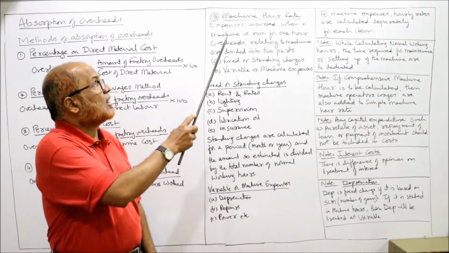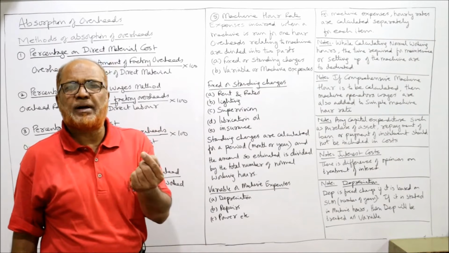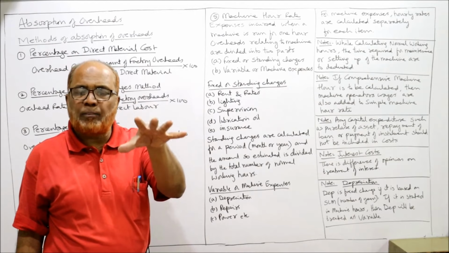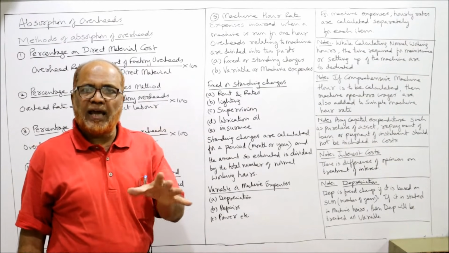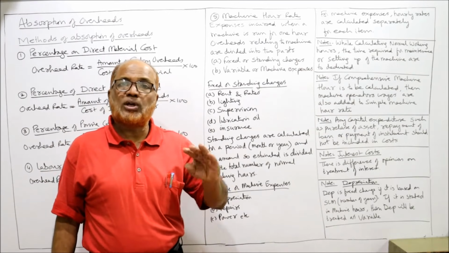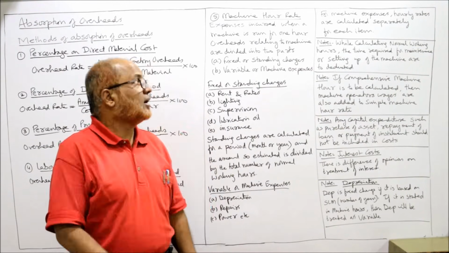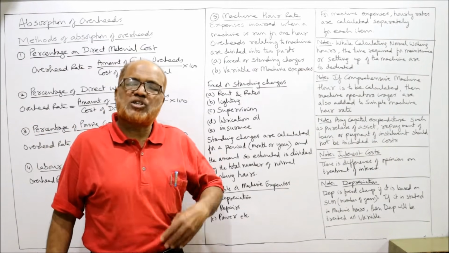तो what is machine hour rate? Expenses incurred when a machine is run for 1 hour. Simple definition, meaning expenses incurred on a machine to run the machine for 1 hour. 1 घंटा अगर मशीन चला तो कितना एक्सपेंडिचर हो रहा मशीन के ऊपर, उसको कहिए मशीन आवर रेट। तो ओवरहेड्स रिलेटिंग टू मशीन आर डिवाइडेड इनटू टू पार्ट्स।